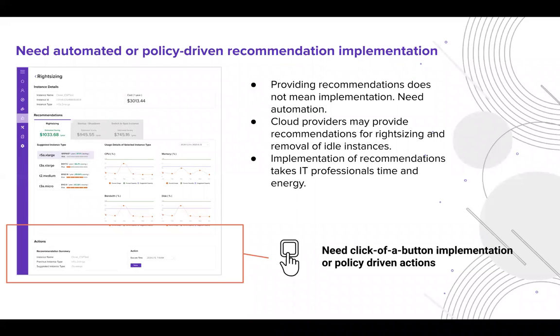So like I said, even with all the recommendations shown by the cloud providers, without automation, you will still have to spend a lot of resources, like human resources, to figure out what to do, and then implement the recommendations. With Aquila Clouds, we'll give you all of the information that you need for right sizing, the different instance types that we suggest that you have.